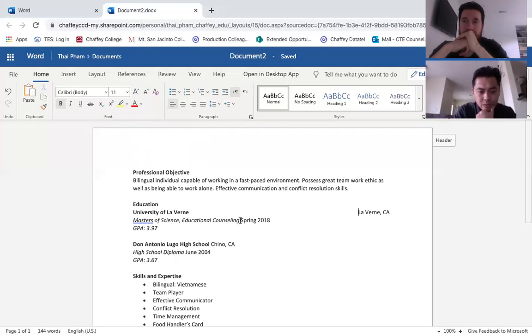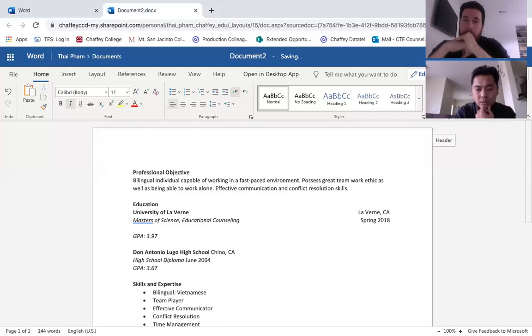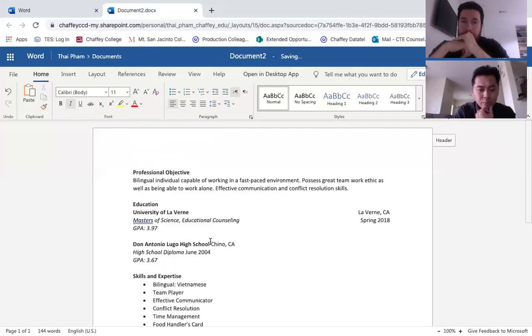And then same thing with the date as well. So again, this just makes it look a little bit cleaner. It's not like an empty gap that the eyes will automatically track to. Exactly. So it just makes it cleaner and more professional. So again, I'm only going to do that with my city and state portions of my resume, along with the dates.